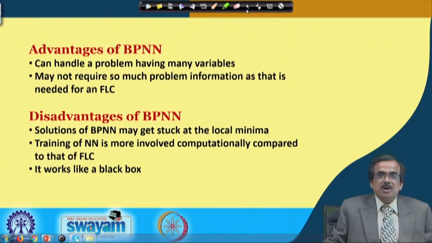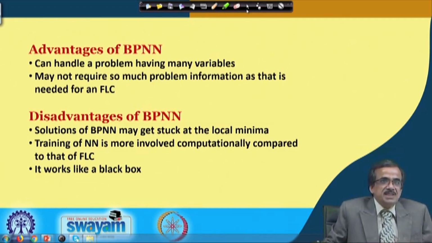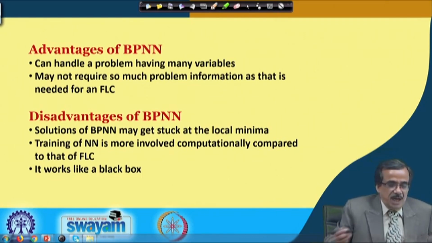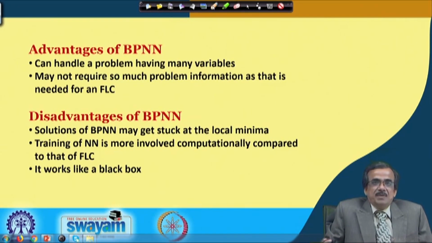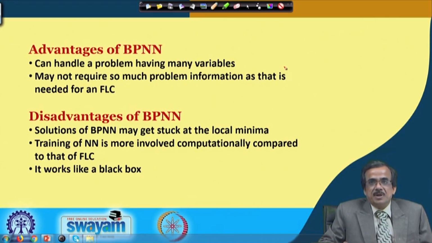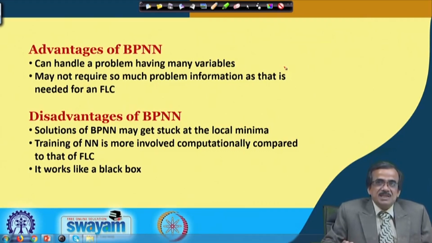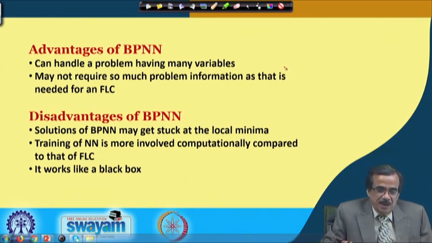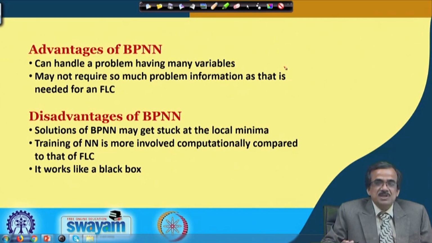Now, I am just going to quickly look into the merits and demerits of this multi-layered feed forward network. This network can handle a large number of variables. If you remember, while discussing the fuzzy reasoning tool, we have already discussed that if the number of input parameters increases, handling or modeling that process using the fuzzy reasoning tool will be difficult, because the number of rules is going to increase